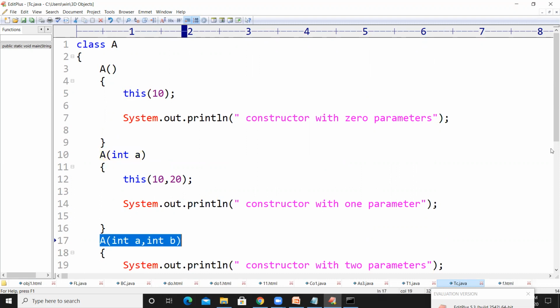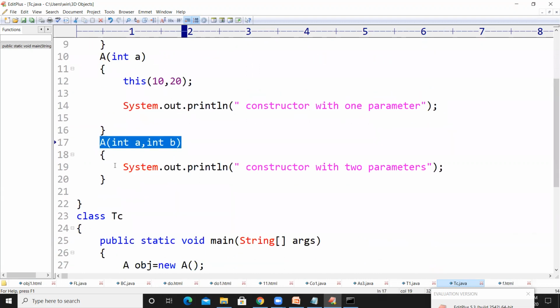When the control comes here, it will execute the body and print constructor with two parameters. Now the control will never go to the next thing; it goes back to where it came from, the constructor of int a. So it will print system dot out dot println constructor with one parameter, and then the constructor with 0 parameters statement from the first constructor.